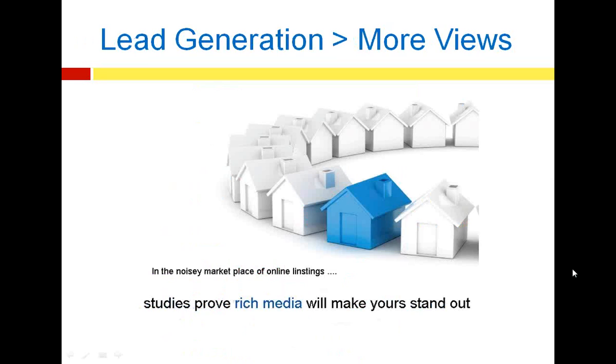So as it relates to lead generation, more views is going to give us more opportunities to connect with buyers and sellers, because what we know is at least 2 out of 3 consumers out there are not first-time buyers. They have a home to sell. So there's 2 sides to the search. Most people start searching on the buyer side, and a lot of those people have a place to sell, and if you have a really cool and compelling media marketing campaign, sellers are searching just as much as buyers out there, seeing what the market's like, and they see the way you market and the way you advertise. That's a big, big selling point to them wanting to connect with you more,